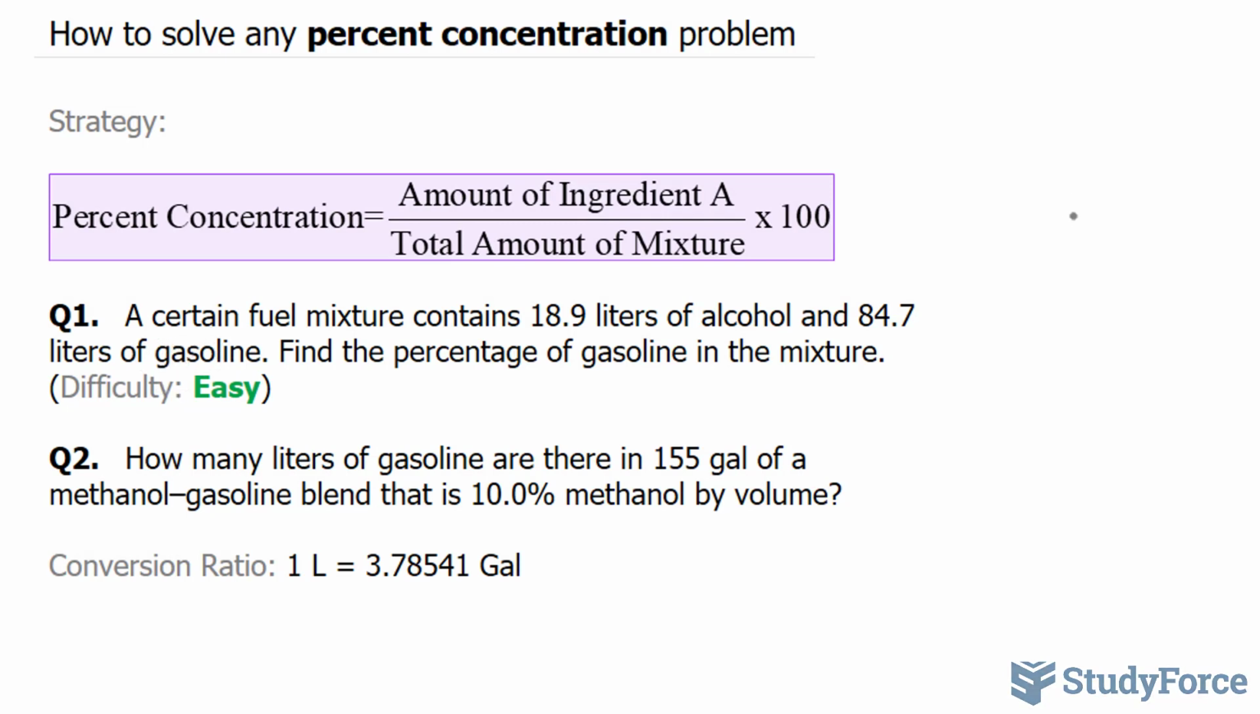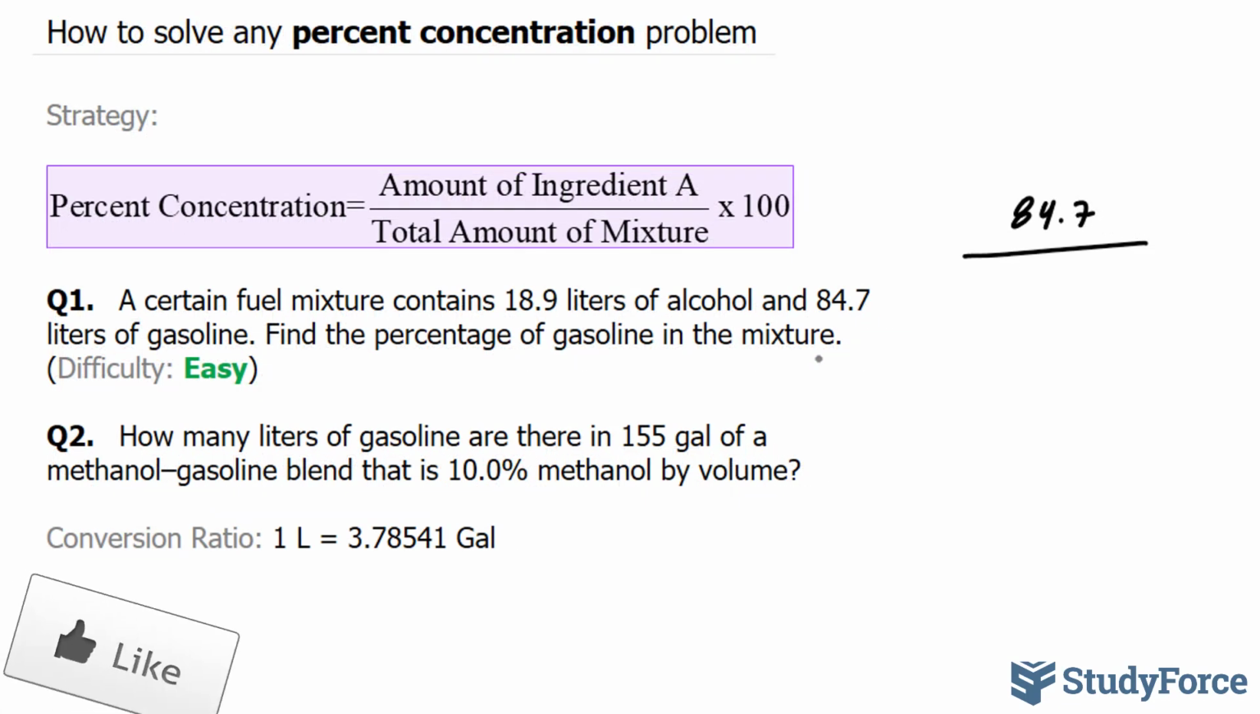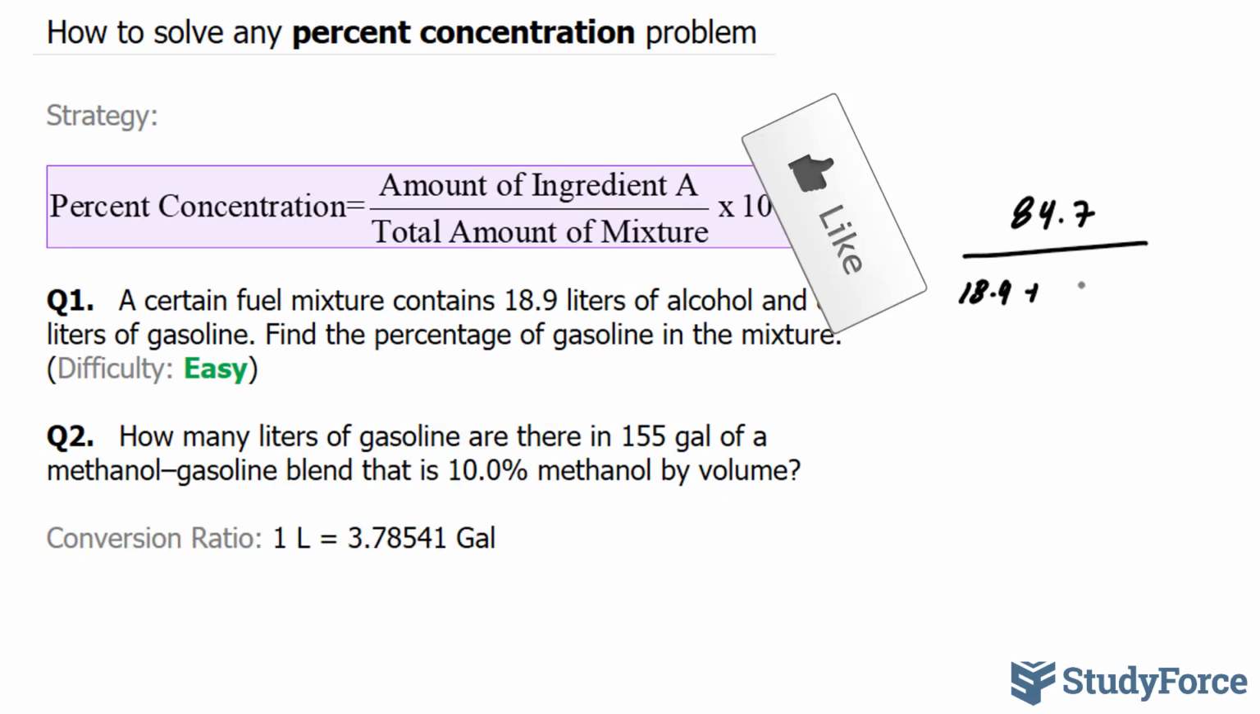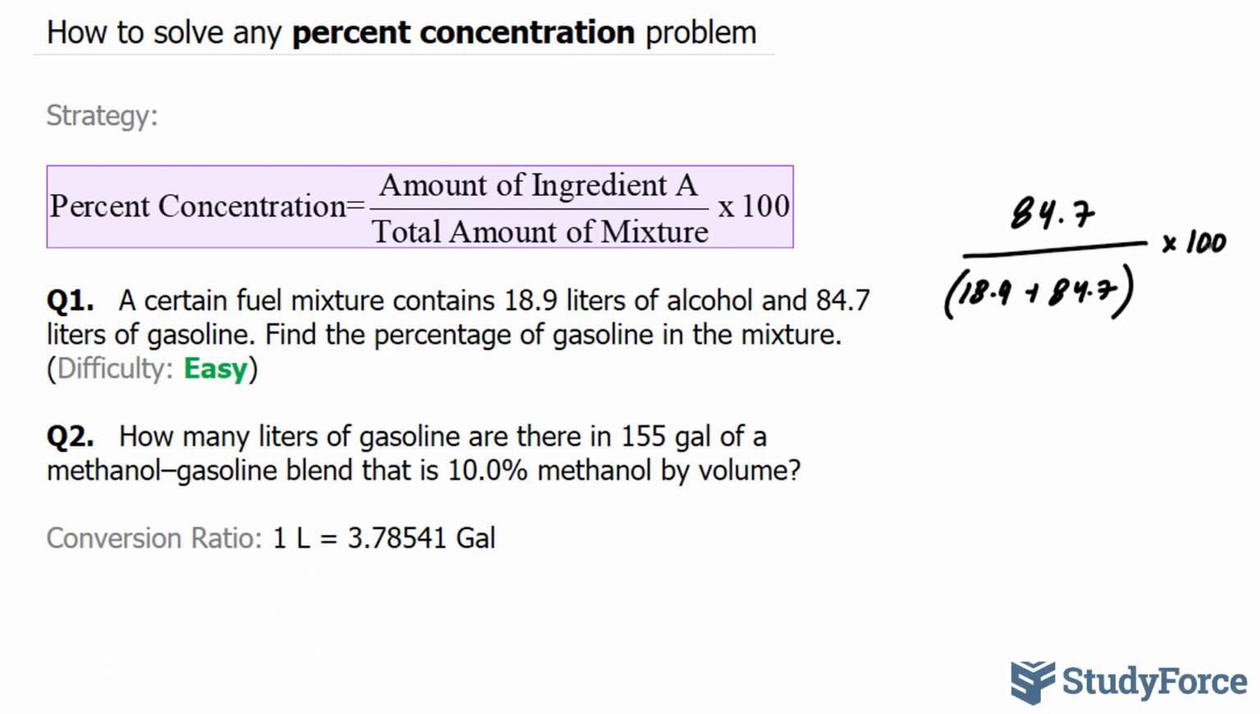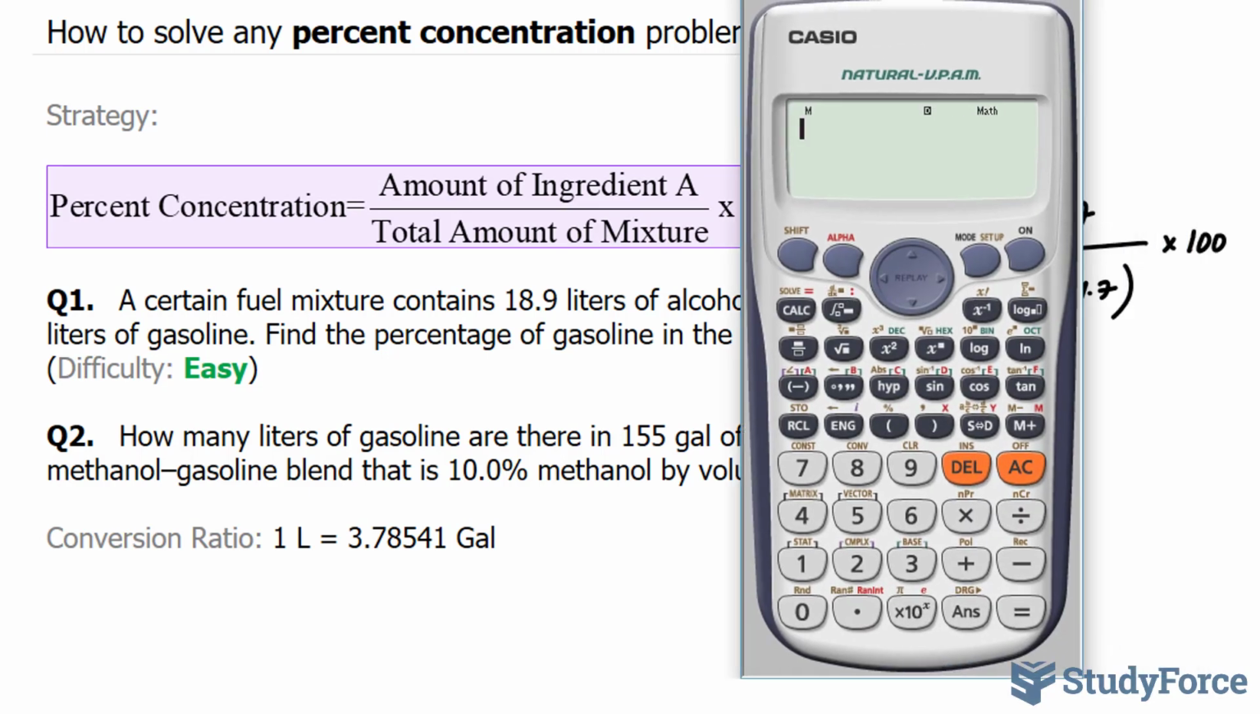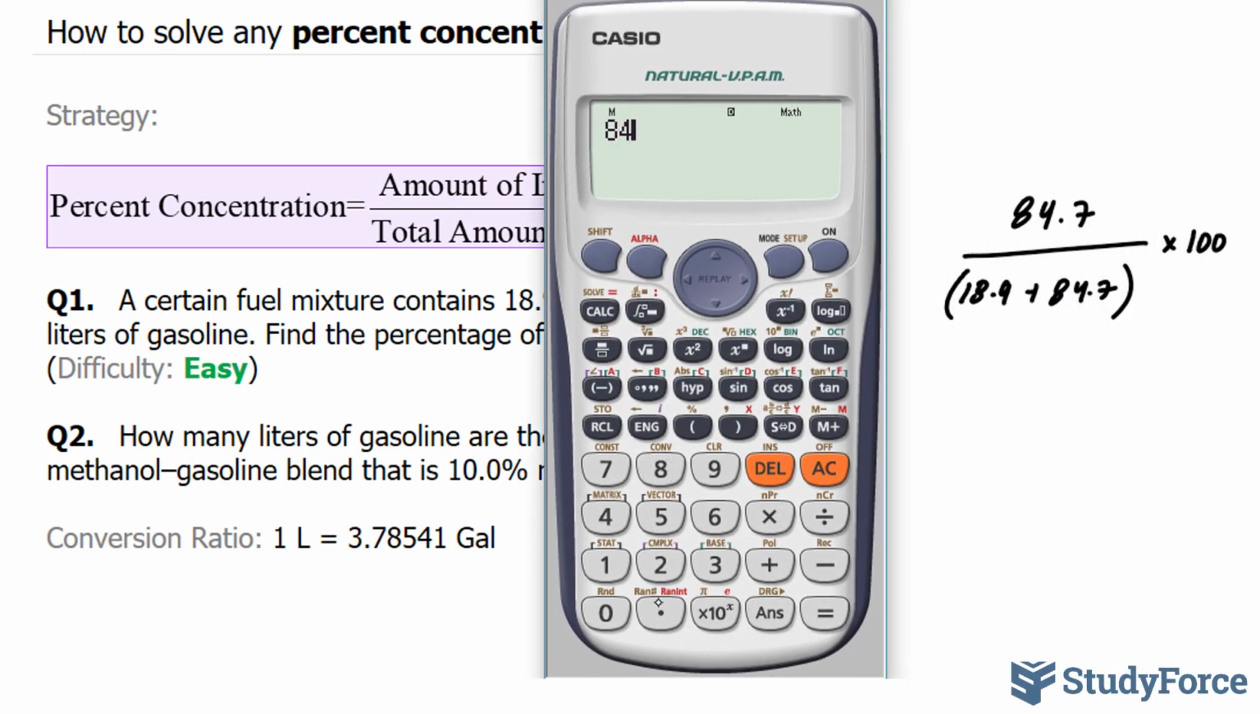So we'll write down 84.7 divided by the total, and in our case, it's 18.9 plus 84.7 times 100. Let's use our calculator to evaluate this. 84.7 divided by the sum of these two, 18.9 plus 84.7, multiplied by 100, and that should give us